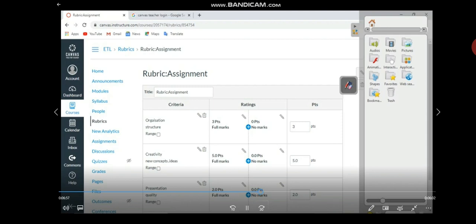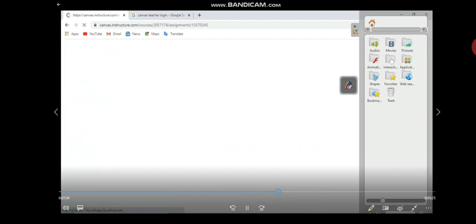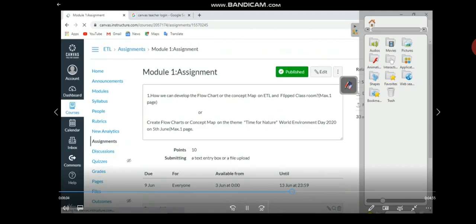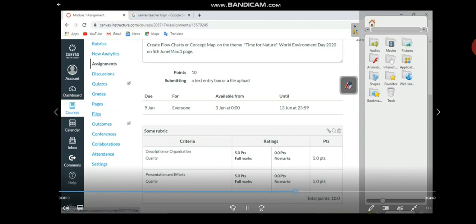So new analytics is there, the assignments tab is there. So this is the assignment tab. Let me check this tab. Module 1 assignment is there, assigned by the teacher. Likewise, I can go for discussions.